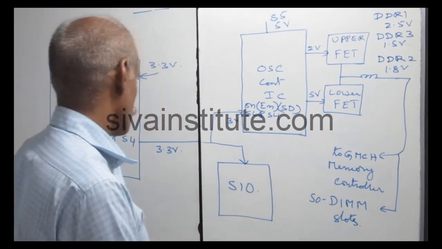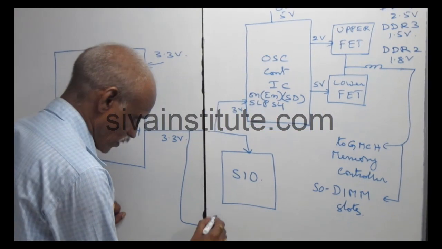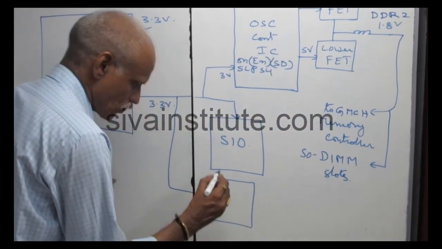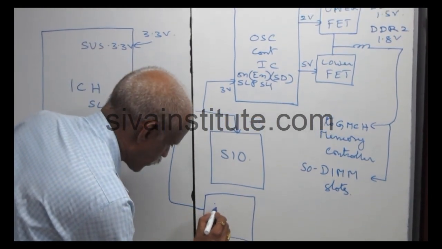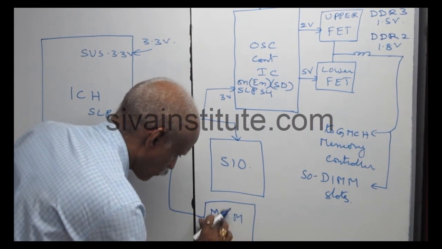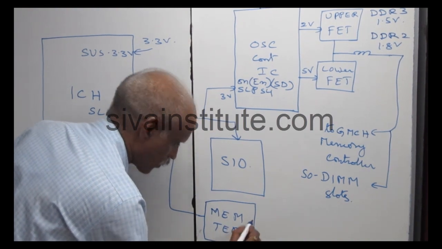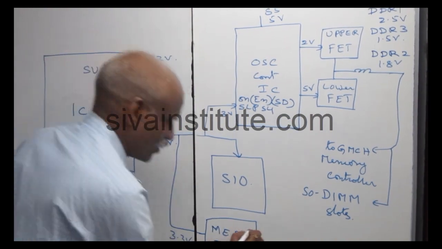In some sets, this SIO chip's SLP S4 command goes to the termination regulator, the memory termination regulator. When this 3.3 volts comes to this IC, it releases